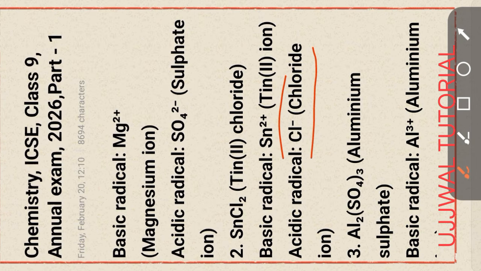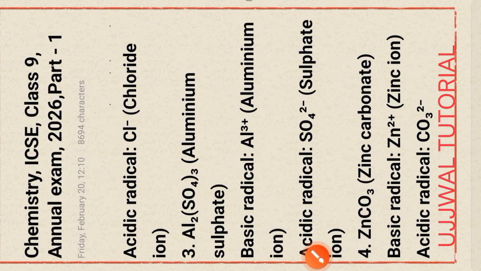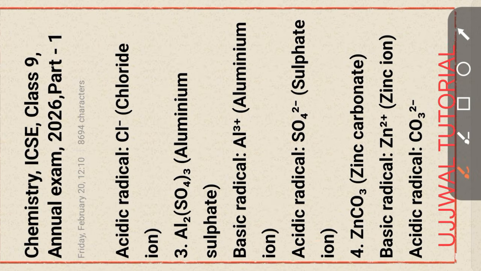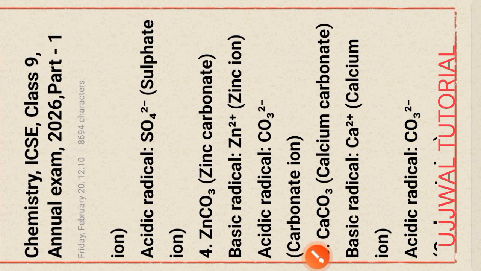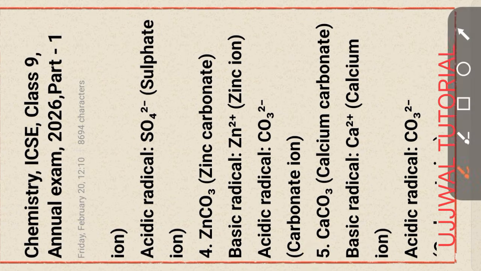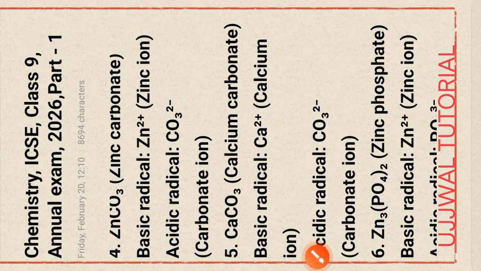Next, aluminum sulfate: the basic radical Al3+ and the acid radical SO4, that is sulfate ion. Fourth part, zinc carbonate: basic radical Zn2+, zinc ion, and acid radical CO3 2-, carbonate ion. Next, calcium carbonate: basic radical Ca2+, calcium ion, and the acid radical CO3 2-, that